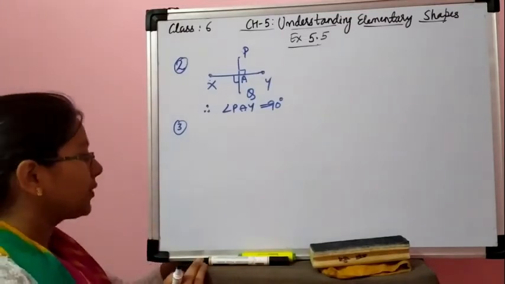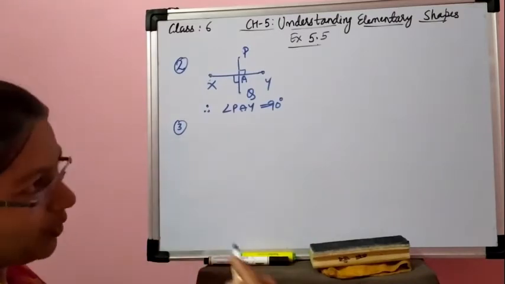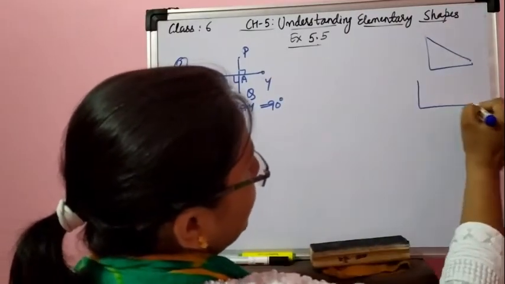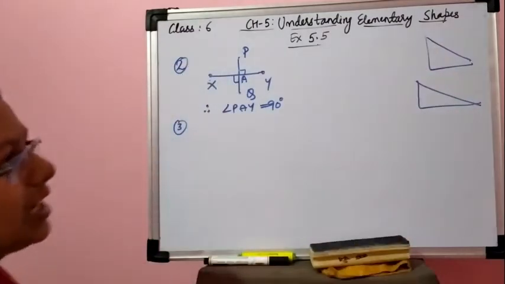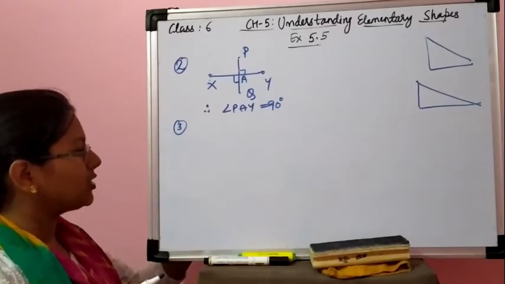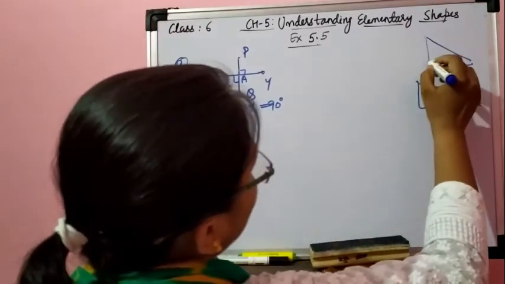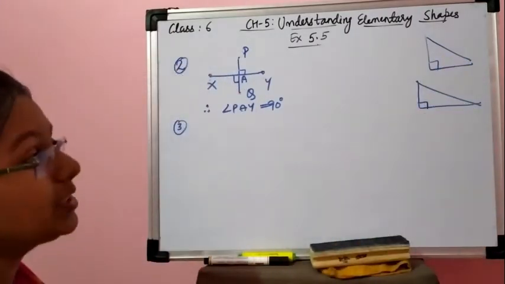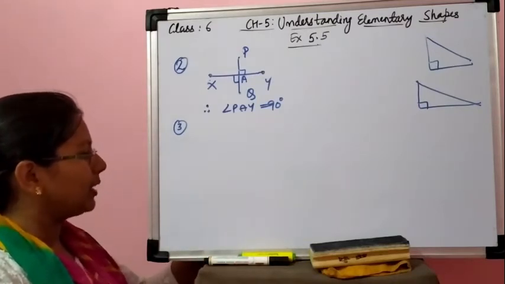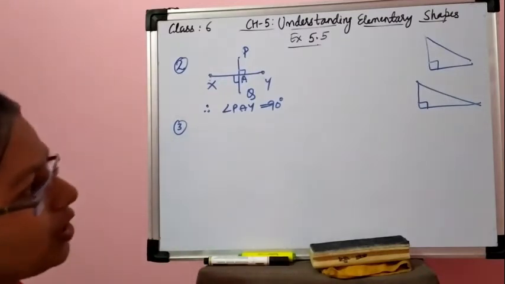Now in question number 3, there are two set squares in your box. In your geometry box, you must have seen the set squares, which are in the form of triangles. These are the two kinds of set squares which are available in your geometry box. Now, what are the measures of the angles that are formed at the corners? Do they have any angle measure that is common? For that, you should have a complete knowledge of the set square.